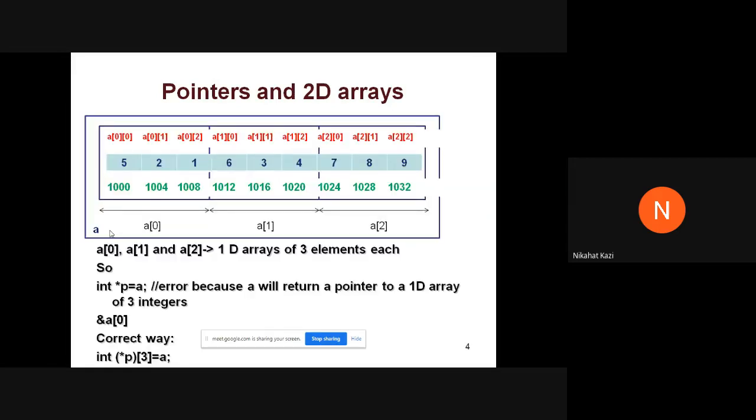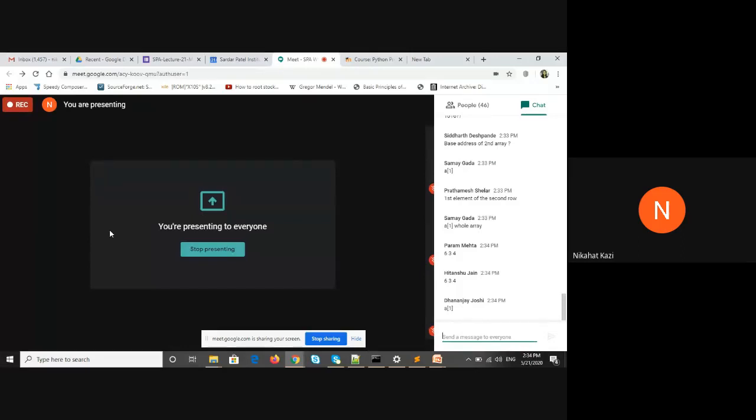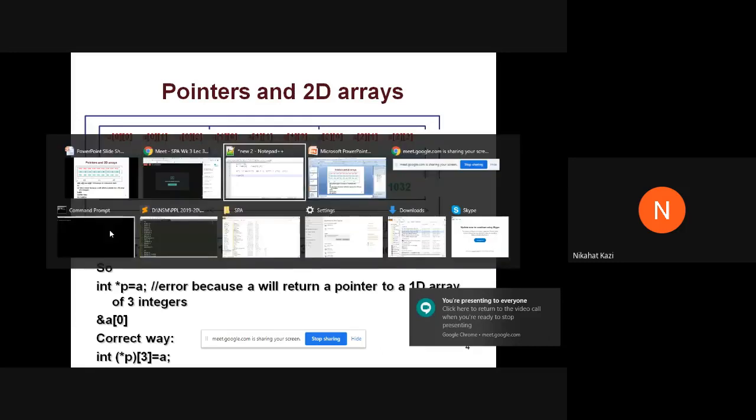See the array element. Okay, let me see.